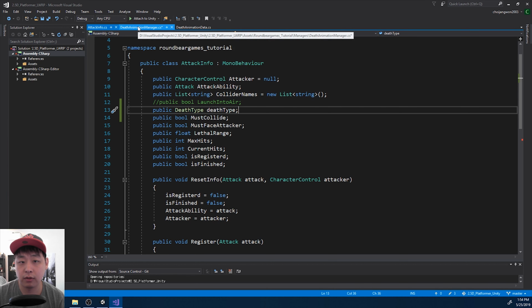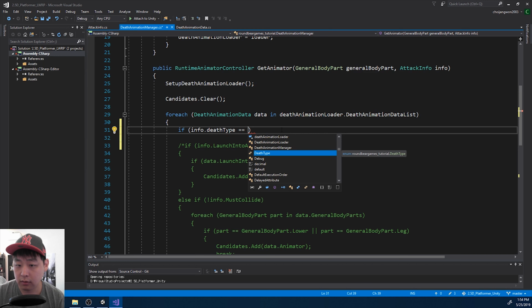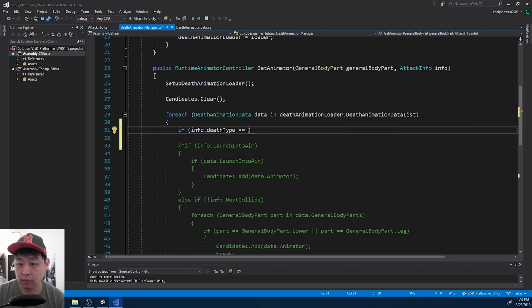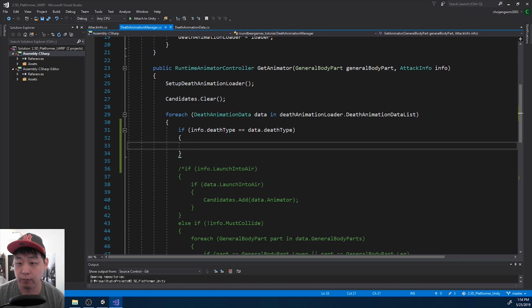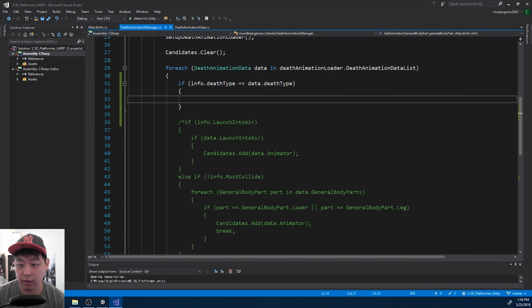Okay, and we're going to compare that data versus the data that is stored for the death animation scriptable object. So we're comparing two different enums, and if they match,